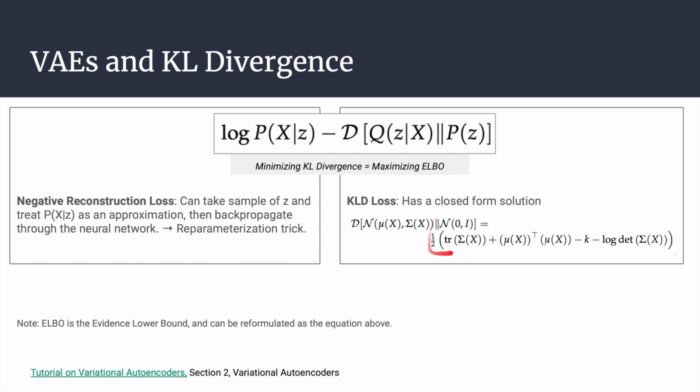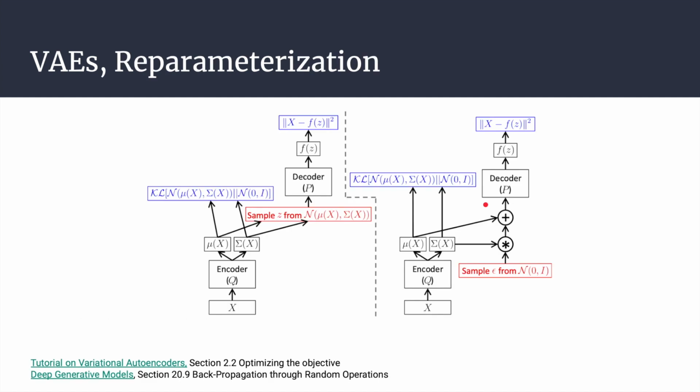And this one's already set as a normal with a mean of 0 and the identity matrix. So this is the first loss,